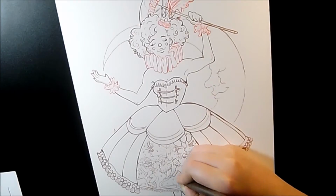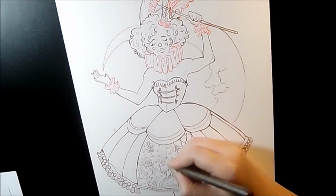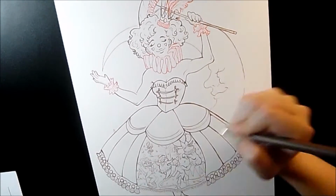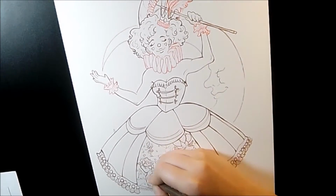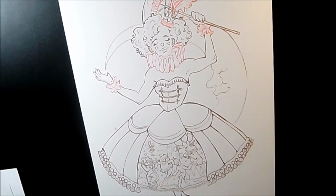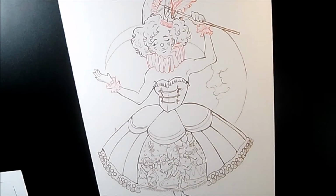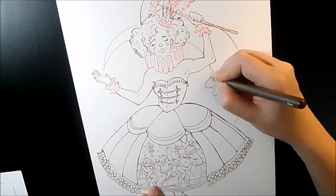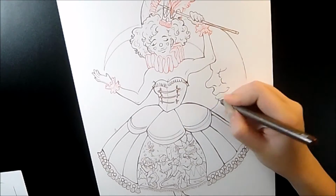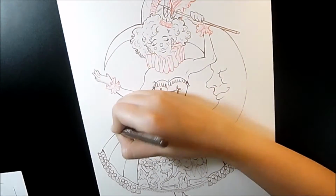I knew I wanted her to have clown makeup, but I saw some pictures of tightrope walkers, and so I gave her that little parasol or umbrella, and the little crown with the feather, and gloves and a little ruffle, and made her dress resemble that of a ringleader a little bit, and also, again, like I said, the tent. So I wanted her skirt to be parting like a tent, and you could sort of see inside the tent. And I wish I would have done a little bit better composition of what was inside her skirt,